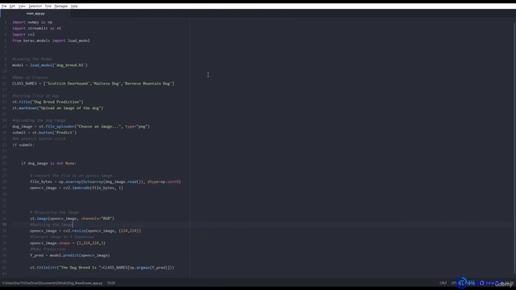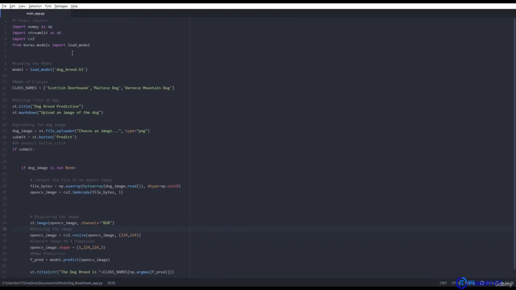So initially I have imported all the required libraries, such as NumPy for mathematical computation, Streamlit for designing the front end and all the functions that Streamlit has. We'll use CV2 to convert our images into OpenCV, and to load the model that we have already saved, we will use keras.models, from which we will import load_model.